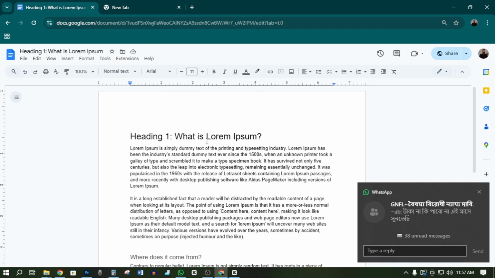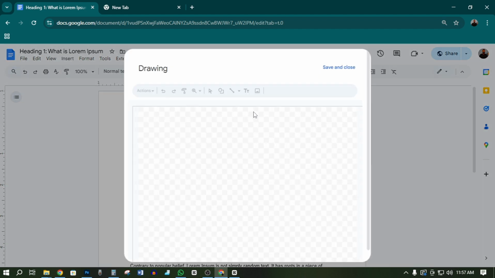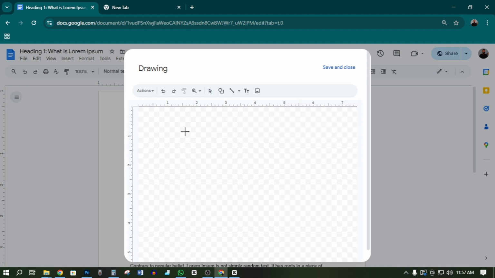For that, first of all, go to Insert and then go to Drawing, New. Here you can see multiple tools available. I want to click shape option and then go to rectangle shape. Draw a shape,